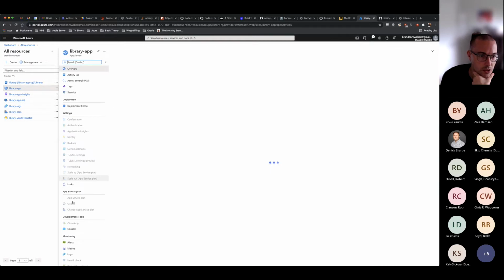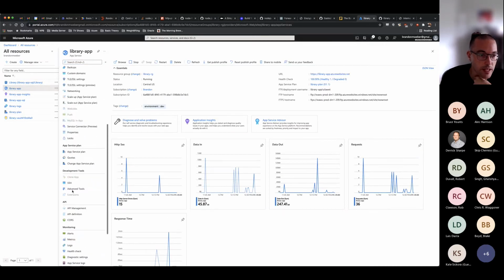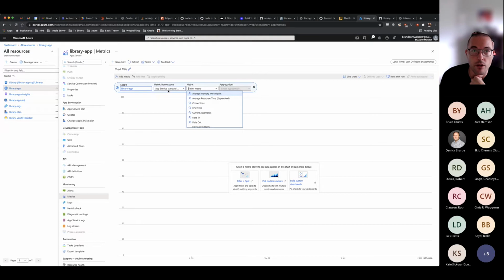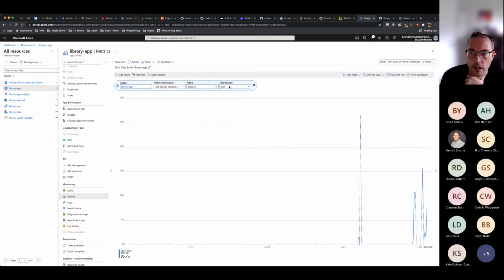I know within the application as well, especially with some of the metrics down here, all that information flows off of here. You can create things like data in, data out type usage and a bunch of other things as well. So you could say, I want to know data in, aggregates, and see some of this information. And then you can pin these to your dashboards as well. Not sure if that answers anything, but otherwise, one thing that we do in our app is we use some